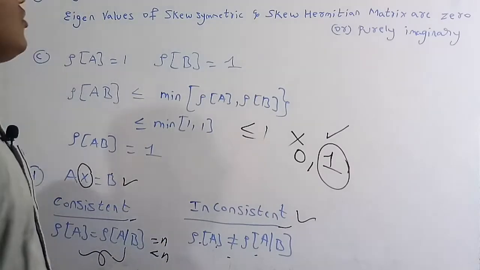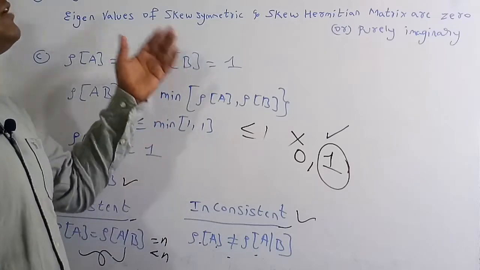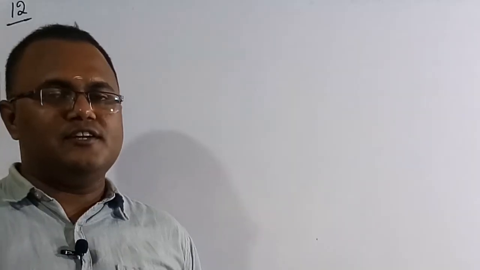of solutions. So out of these four options, option C is the correct solution of this question, and I explained why option A, option B and option D are wrong. So now we are going to solve the 12th question.